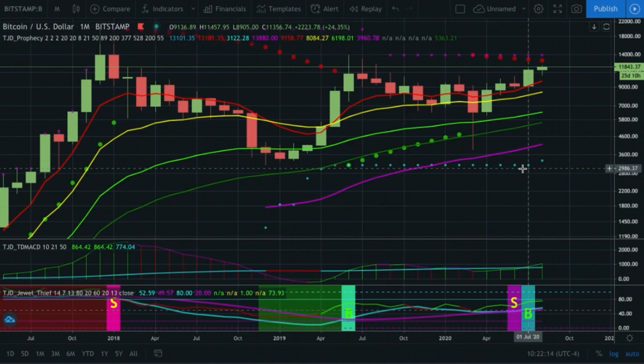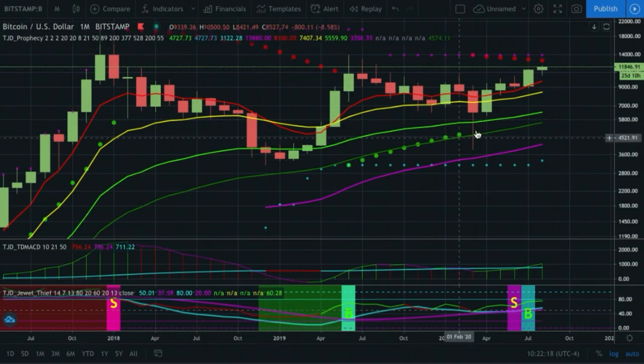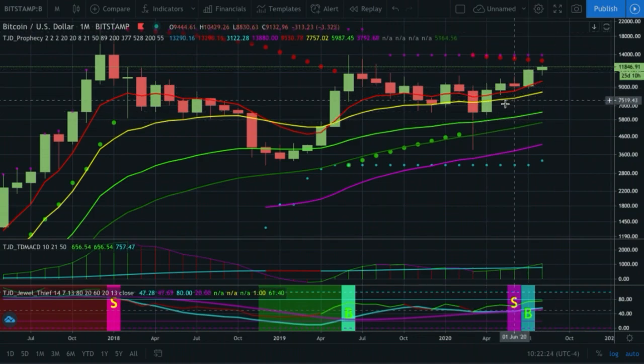Retail FOMO on a chart is going to look like this on a monthly, but we're not going to see it happening. This isn't retail FOMO yet, even remotely close. This is us barely even getting back the money that was in the space back here, and that's on top